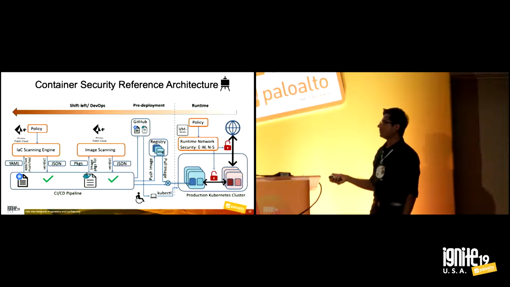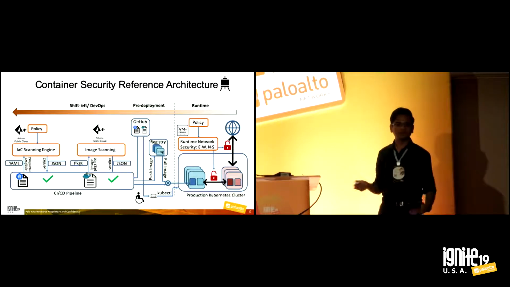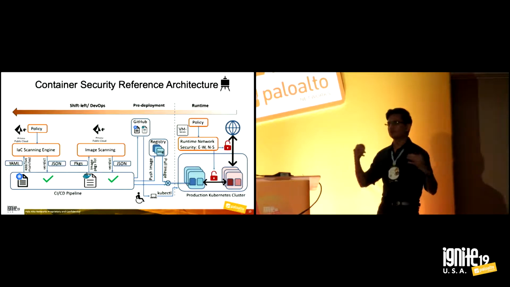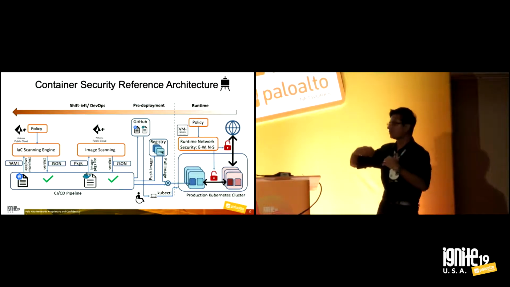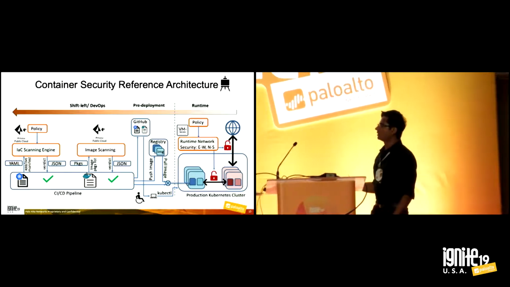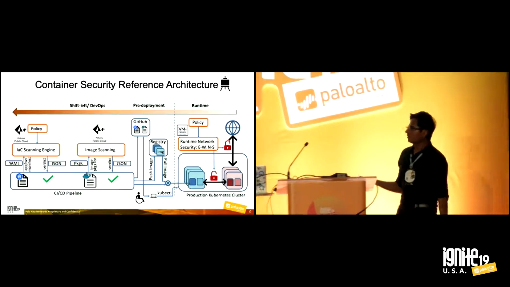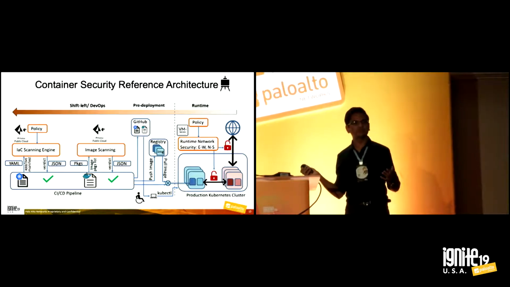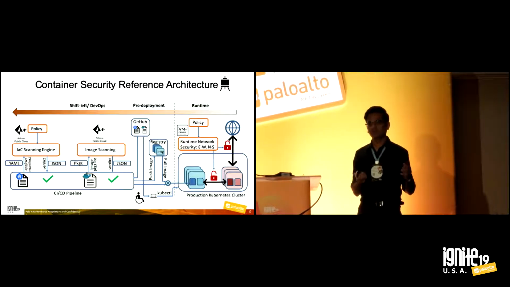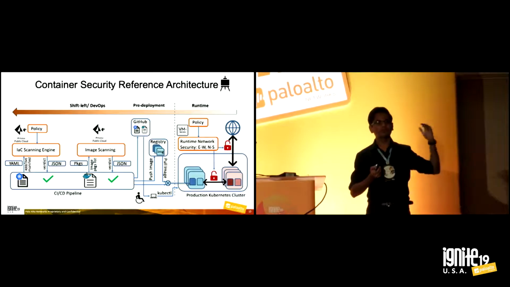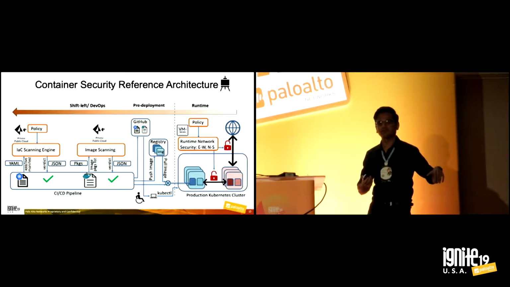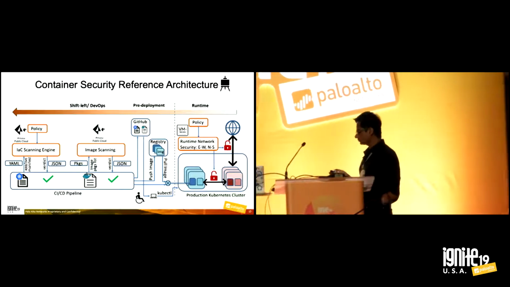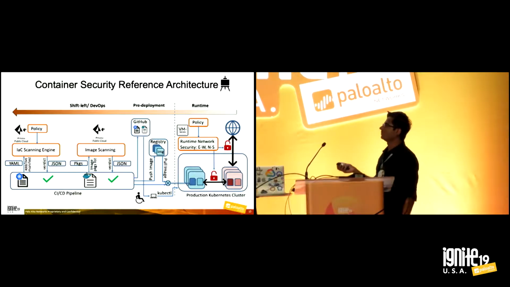When it's deployed, you want to do traffic security: east-west, north-south, container to container traffic, container to the world, and world to the container. You can do that using VM-Series. This also happens to be the lab topology for one of the labs I'm doing. If you're interested, I'll be doing one last session right after this presentation, if you want to do this hands-on.